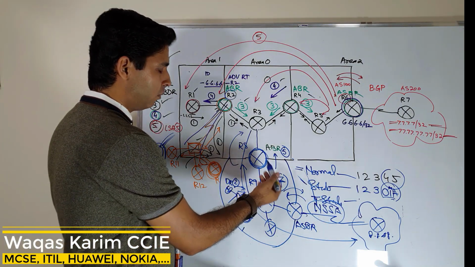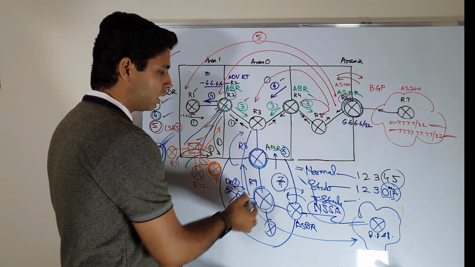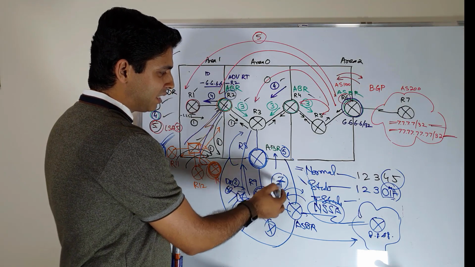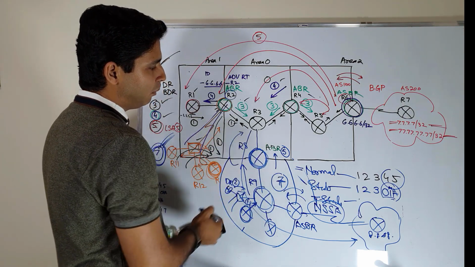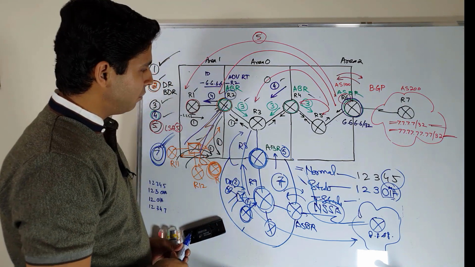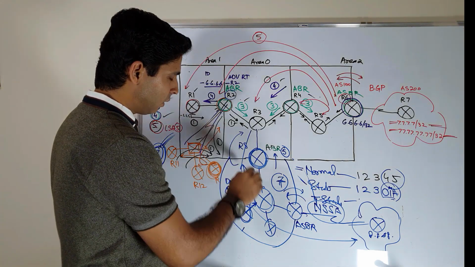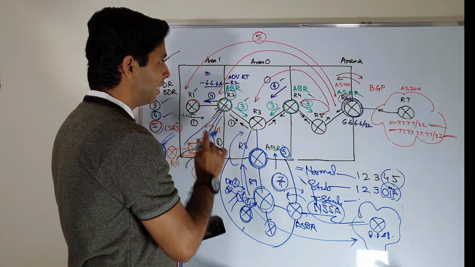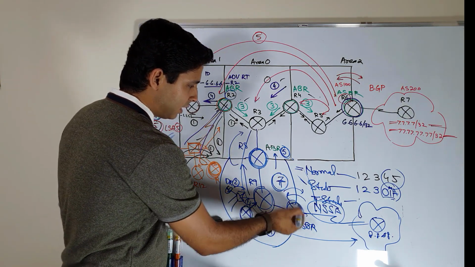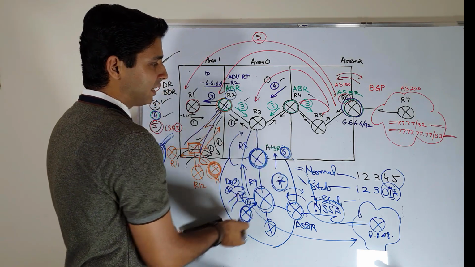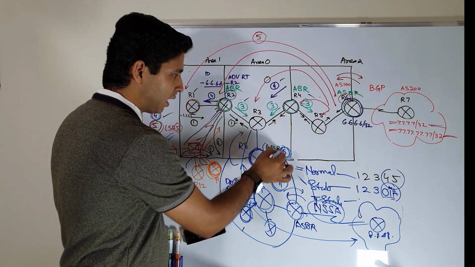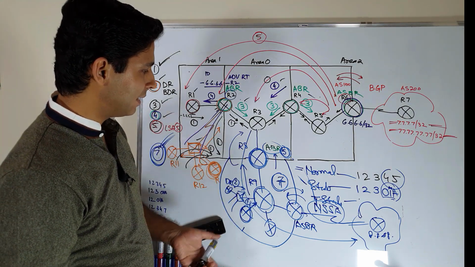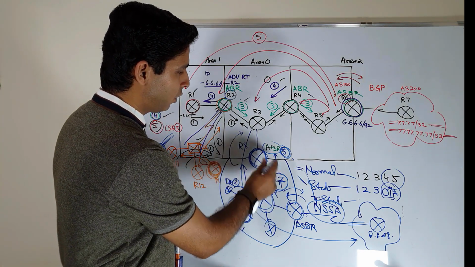Also, another important point: when you go here and you see show IP OSPF database, you will see type 7 LSA. But when you come on the ABR and you show IP OSPF database, then you will see both types. Type 7 will say the advertising router is this ASBR. Type 5 will say the advertising router is the ABR, this one. So this is the main difference between an ABR for NSSA and an internal router for NSSA.